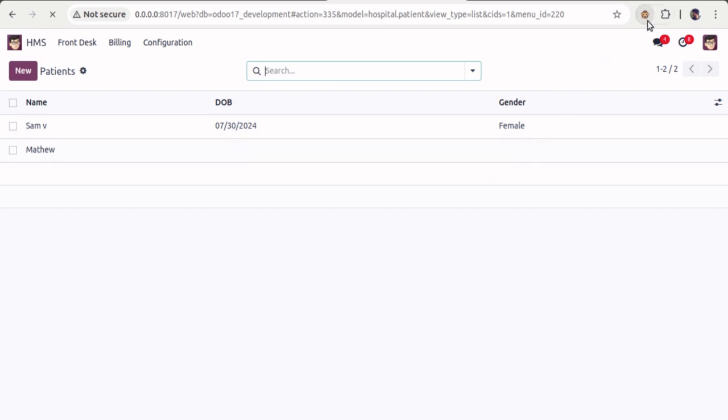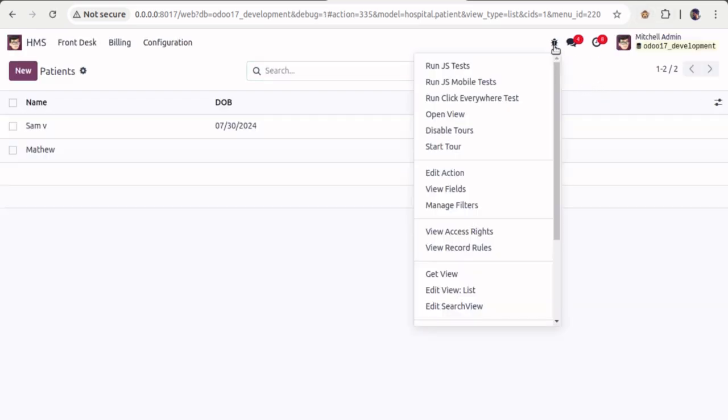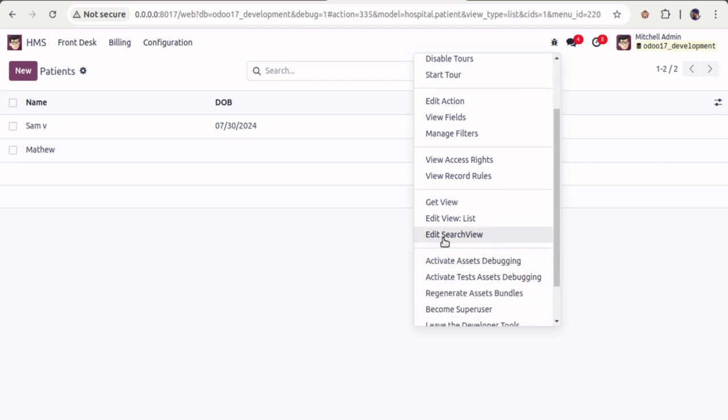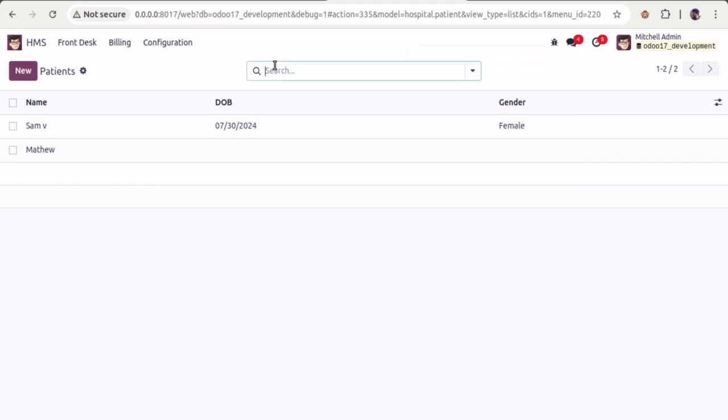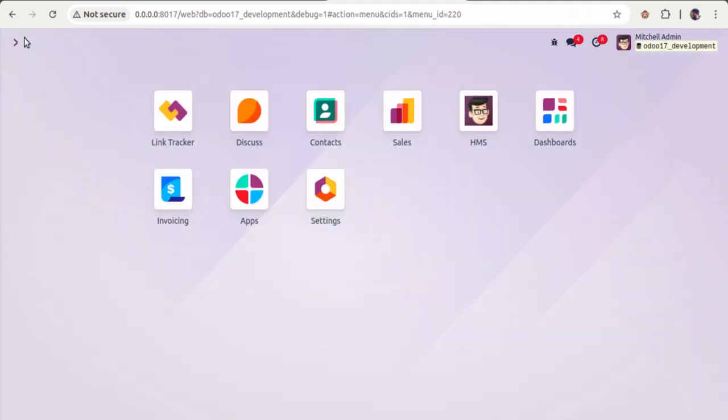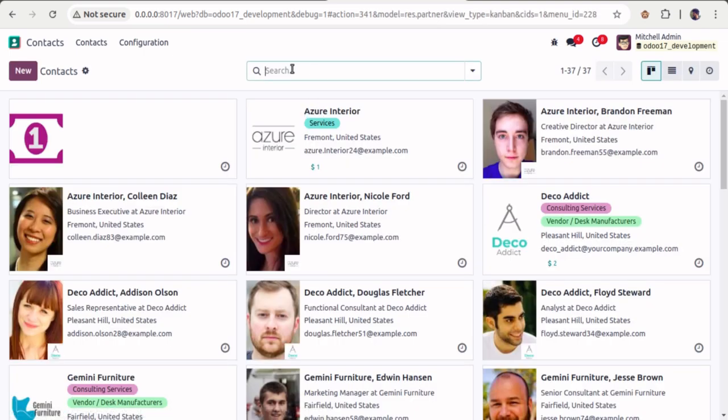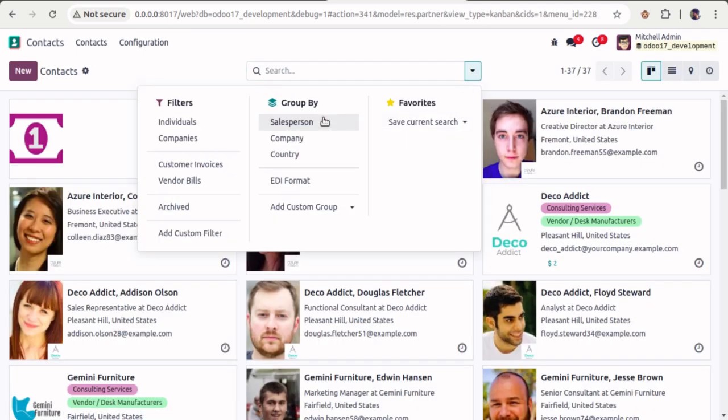If I enable the debug mode and click on the debugger button, you can see there is a view called edit search view. The search view is responsible for the functionalities provided by this search bar. Currently I'm in the patient's model, and if I need to search any patient, I can write his name over here. Once I write the name, you can see the only suggestion coming is to search inside the name field. Whereas if I go to any existing Odoo application, for example the contacts form, here I have a search bar, and if I click on it, you can see we have got